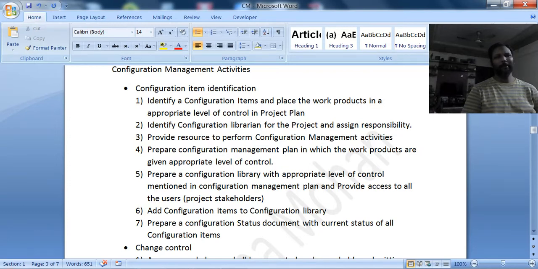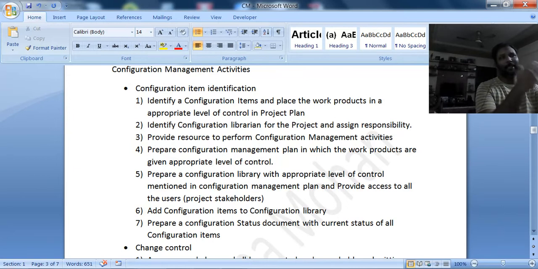The plan will generally be like our project plan. It will mention when the configuration audits will be done, how the configuration items should be identified, and who the roles involved in maintaining the configuration are.